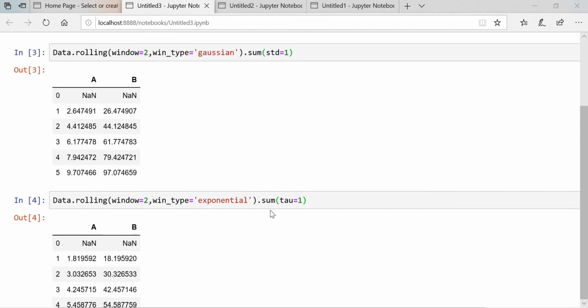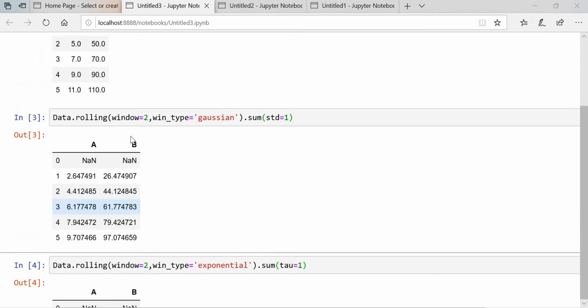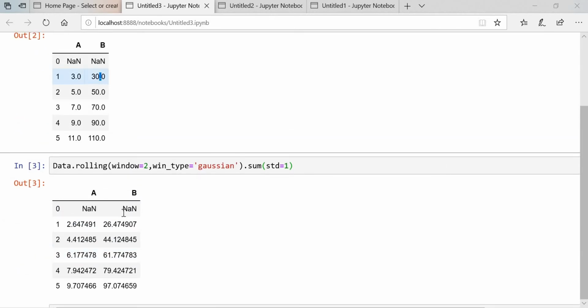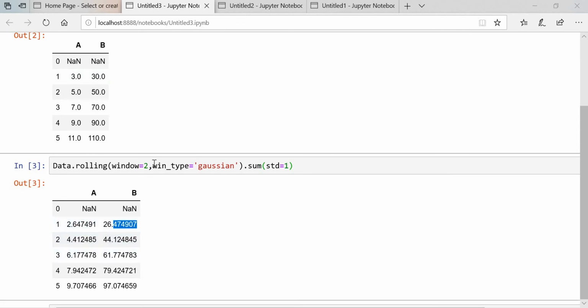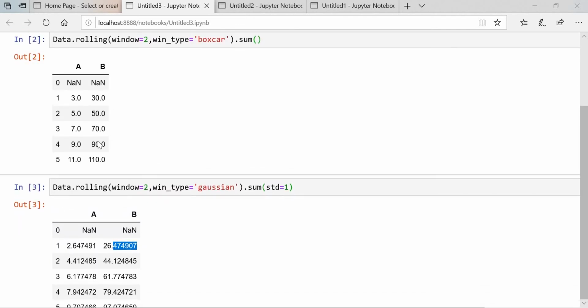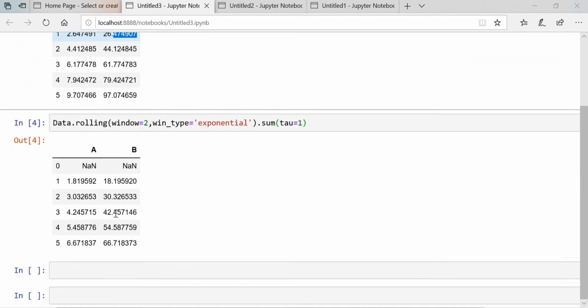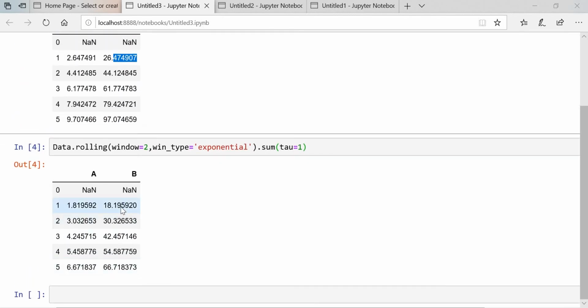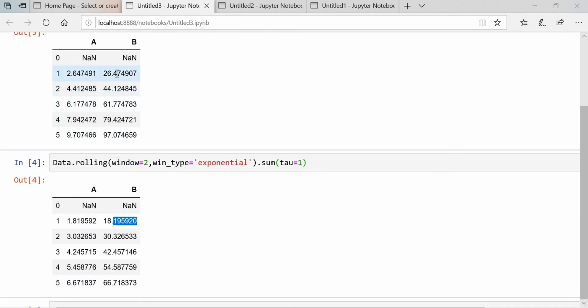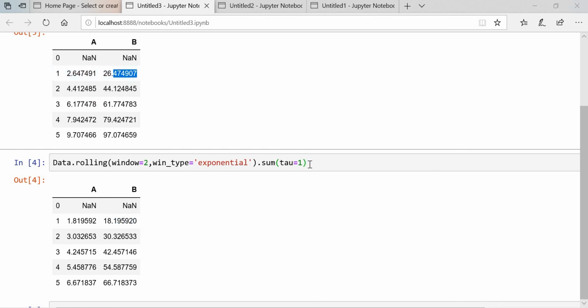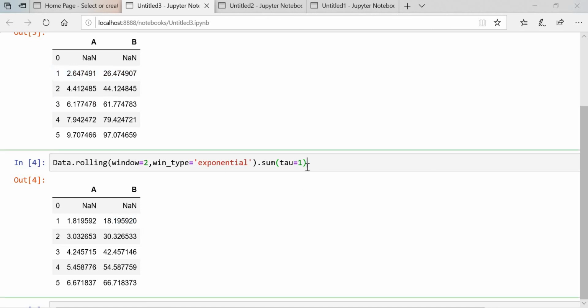You can see this sum we are doing here. The difference between this 30 and this 26 is lower, and here the difference is much larger: 18.19 and here 26.47. So this is the win type.